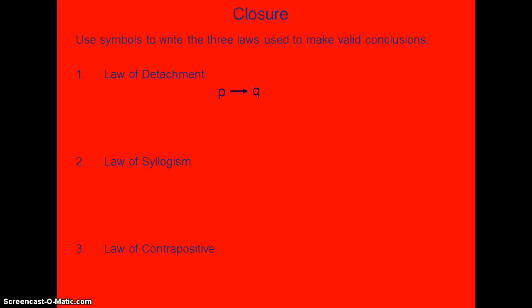If P, then Q, P, therefore Q. Law of syllogism. If P, then Q. If Q, then R. Therefore, if P, then R. And the law of the contrapositive is P implies Q, not Q, therefore